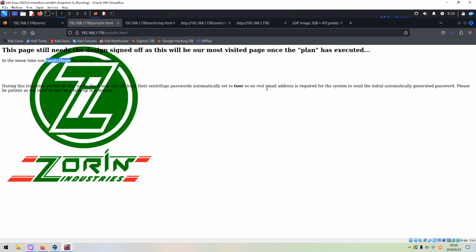So no real email address is required for the system to send the initial automatically generated password. Okay, please be patient as the reset to 2 may take up to 4 minutes. I don't think this message itself is important.